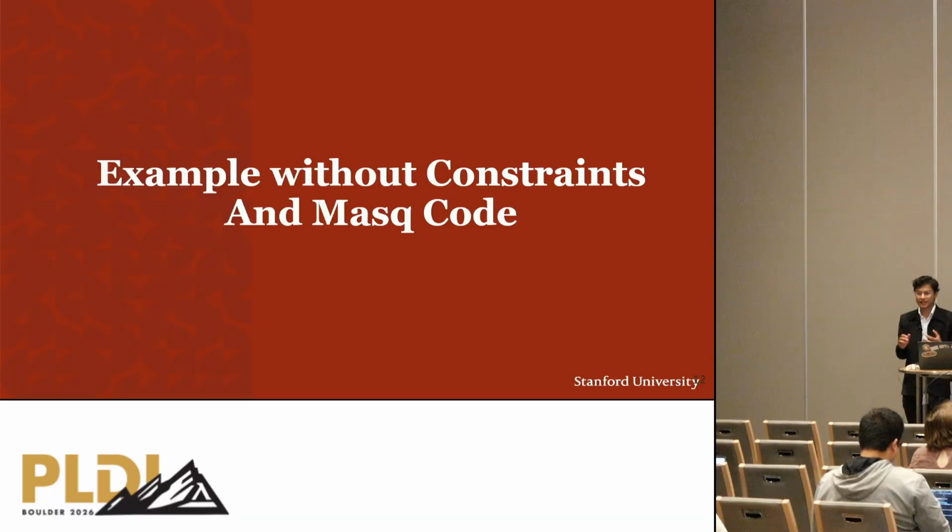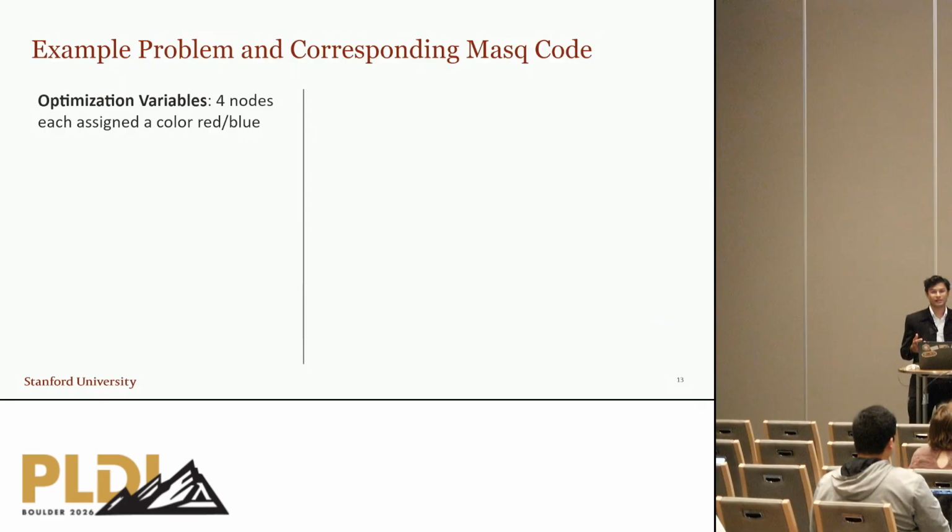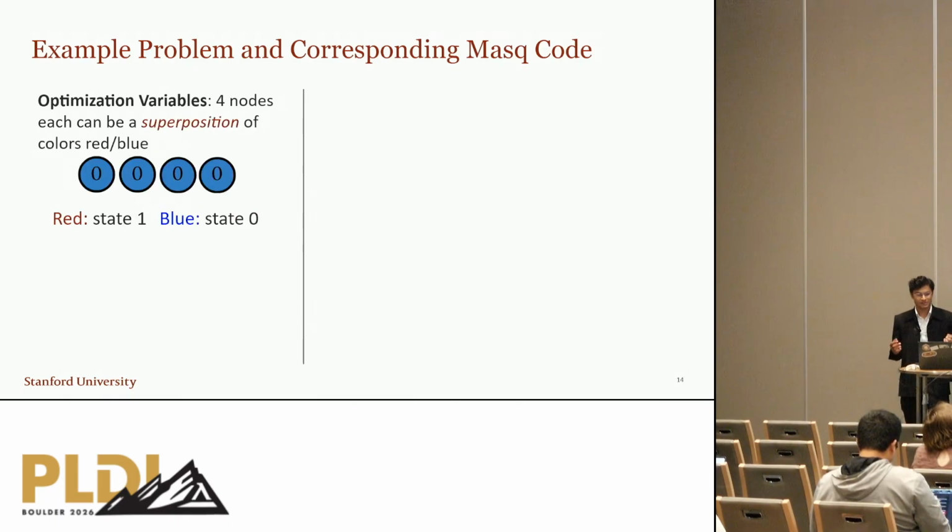So let me first lay out an example of what kind of problems we are actually interested in here, and I'll use this opportunity to explain our DSL. Starting off, you want to find the lowest energy configuration of a quantum system. It has 4 variables. Since it's quantum, for now we can assume that all 4 variables map to 4 nodes, and each of these nodes can live in superposition of one of 2 states, red or blue,